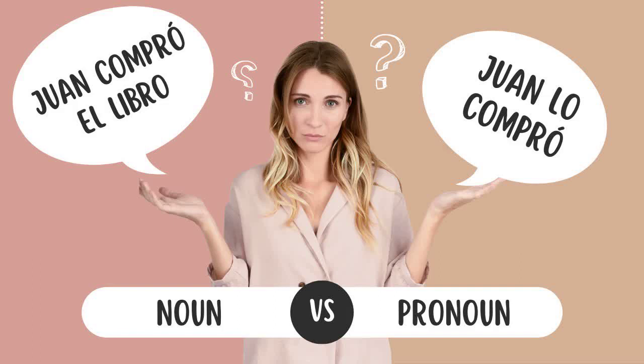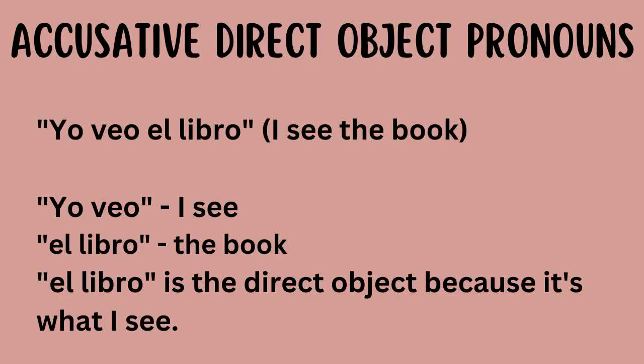correctly in your sentences. In Spanish, direct objects are the nouns or pronouns that receive the action of the verb. For example, in the sentence, Yo veo el libro, I see the book, el libro is the direct object because it's what I see. To avoid repeating the noun or phrase, we can use a pronoun to replace it. These pronouns are called direct object pronouns, and they come in different forms depending on the gender and number of